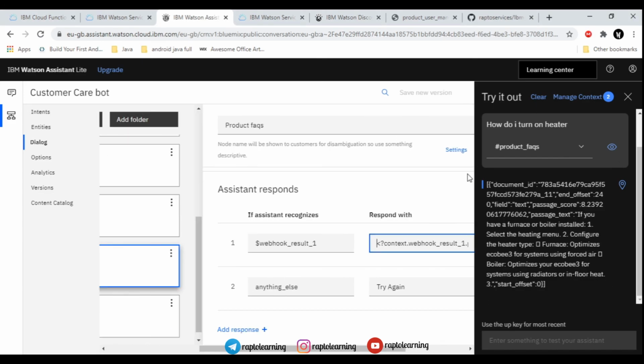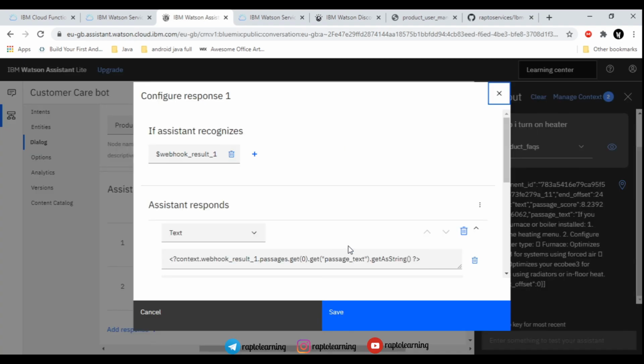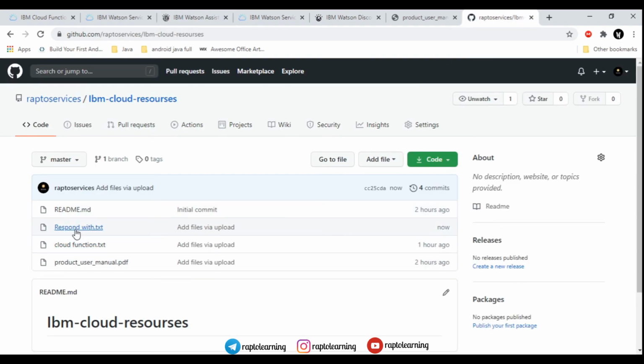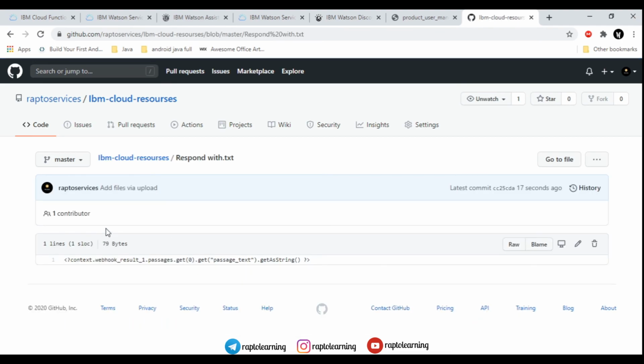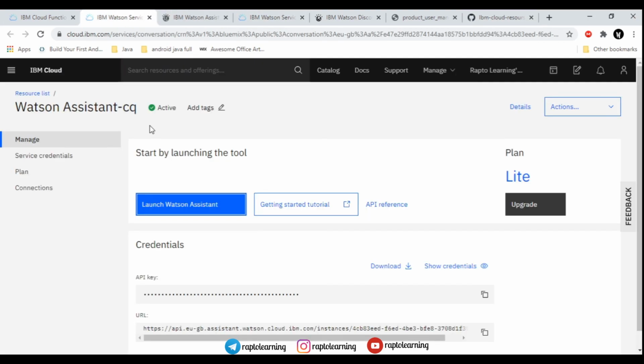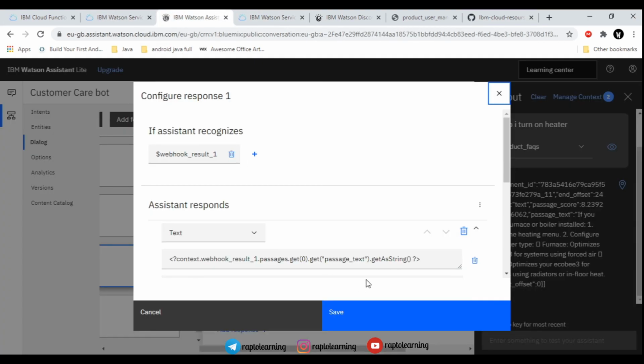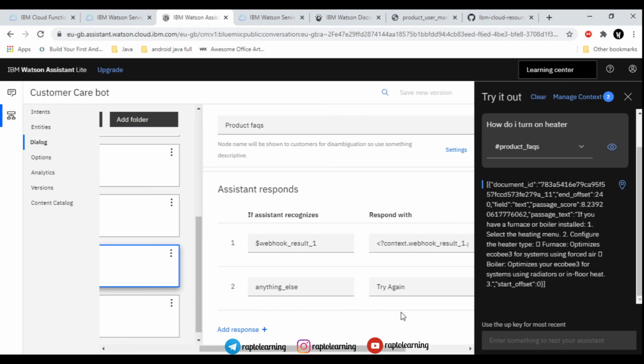Make sure you pause the video, look at the code very carefully, and type that only in your assistant. I will also provide this code in the respond with text on GitHub. So here is the line that I have mentioned. Let's go back to our bot and see what output it gives now.